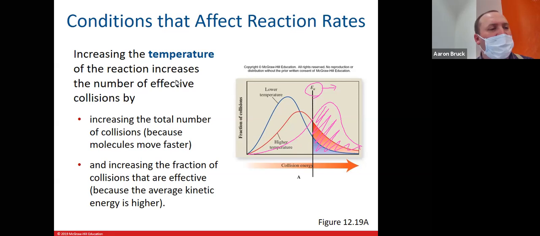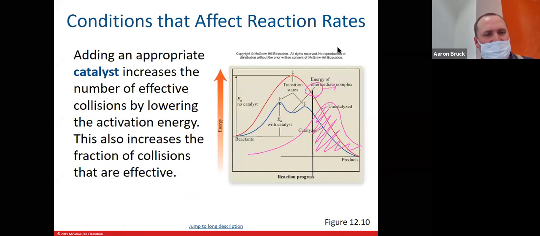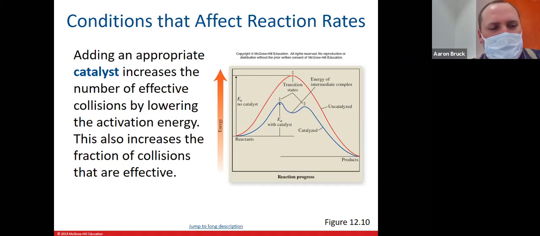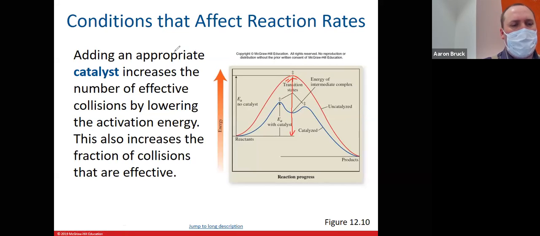All right, let's look at the last factor, catalysts. Now with catalysts, what we get instead is a catalyst creates what we call an alternative pathway. And that alternative pathway results in a lower activation energy. So if we compare the red line, which is our uncatalyzed chemical reaction, with the blue line, which is our catalyzed chemical reaction,